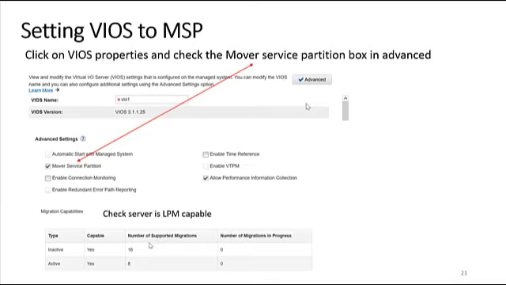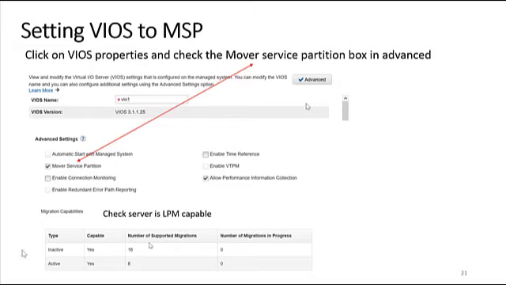So I mentioned that you need to check that box for the MSP on your VIO server. So you go on the HMC, you bring up VIO server properties, and you go down and you check, and you put a check mark in that mover service partition box, and then you just save it. And you find it under advanced, by the way. When you go into the properties, it doesn't show you the advanced. You have to click on advanced. And then